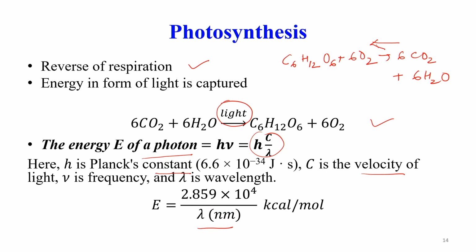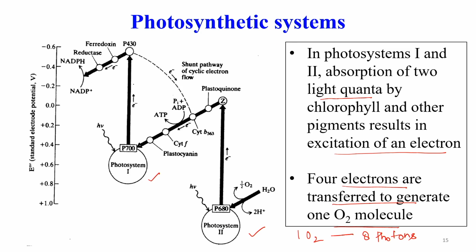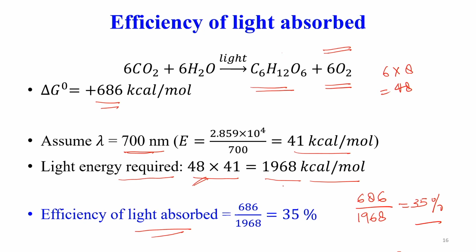The next example we discussed is photosynthesis. Here we require energy because we are going to synthesize the glucose molecule using carbon dioxide and water, and the energy required for this synthesis is 48 photons, which equals 1968 kilocalorie per mole. The free energy for this reaction is 686 kilocalorie per mole. So, the efficiency is 35%. In this way we can visualize the energy efficiency, or the energetics, of the